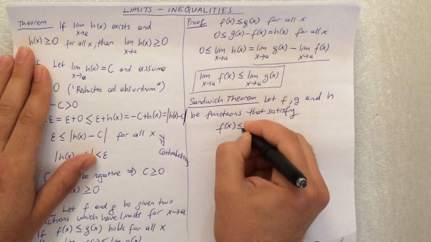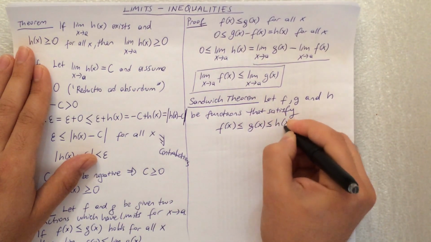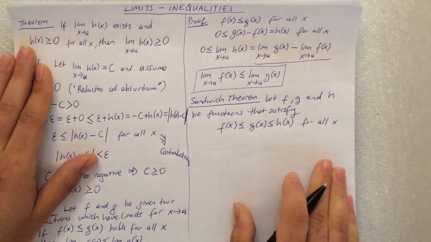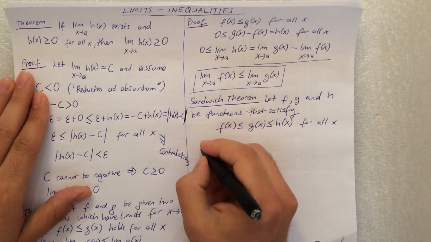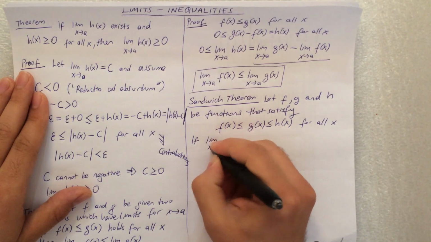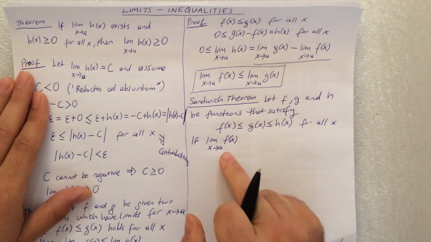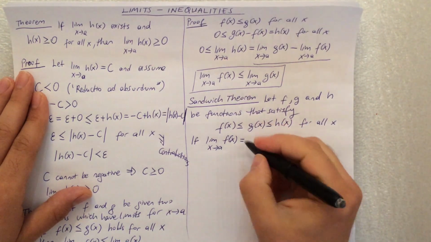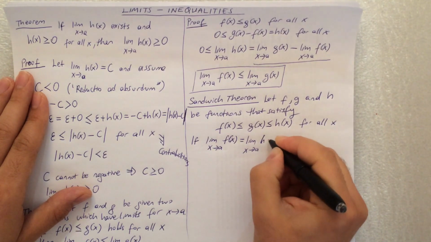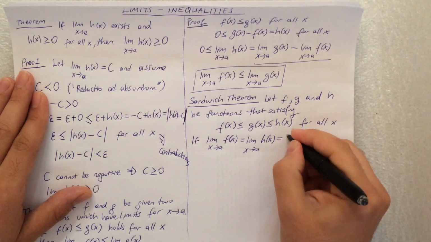f(x) is less than or equal to g(x), and that's less than or equal to h(x) for all x. Now the statement comes: if the limit as x goes to a of f(x) exists, and that limit is equal to the limit as x goes to a of h(x), and say it's equal to some value L,